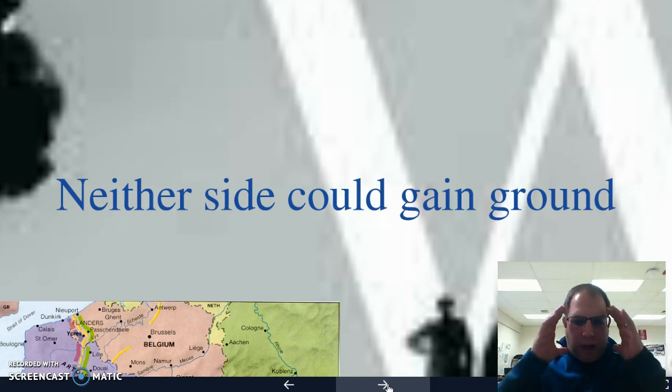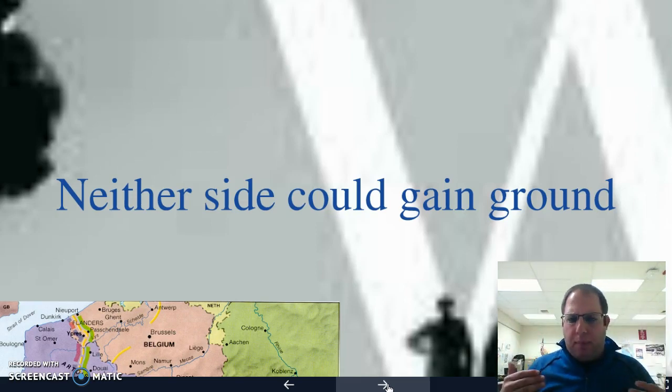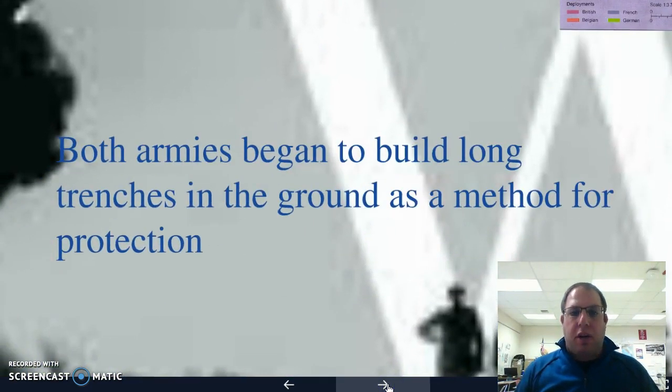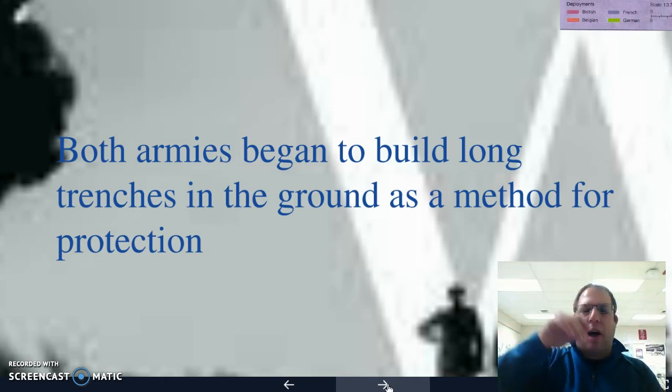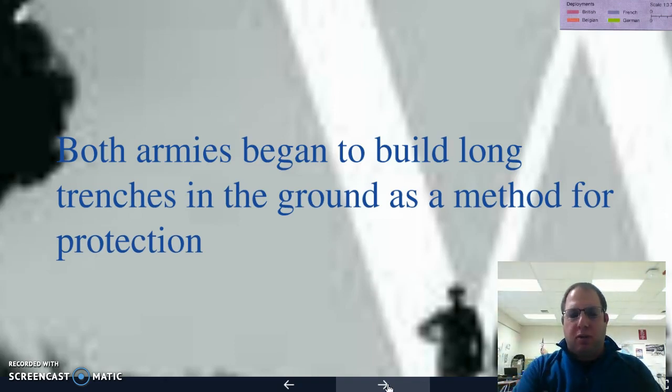They're using this old idea of warfare where you line up and fire, but they have modern technology. So they try to do something different, which is when they go into trench warfare. So both armies begin to build long trenches along the ground as their method for protection, 6 to 8 feet deep. But the problem is, to fight, you need artillery fire coming over the top. You need to cross an area between the trenches called no man's land, where you're extremely exposed to violence.